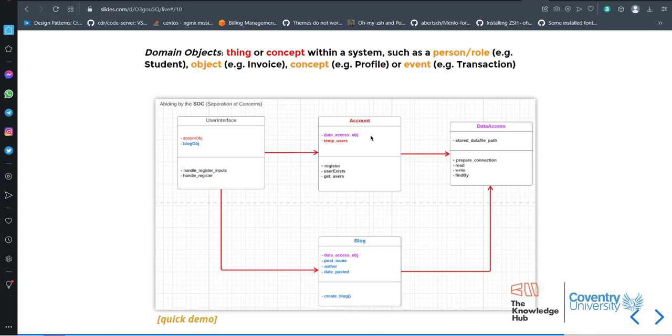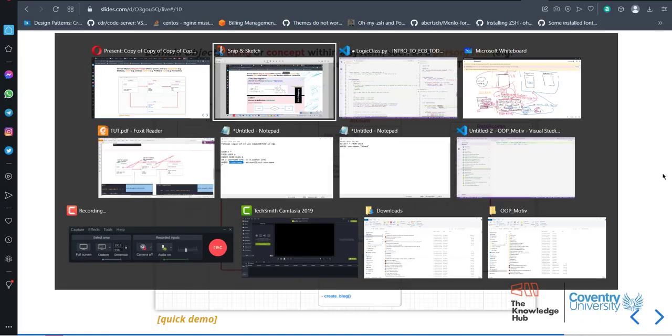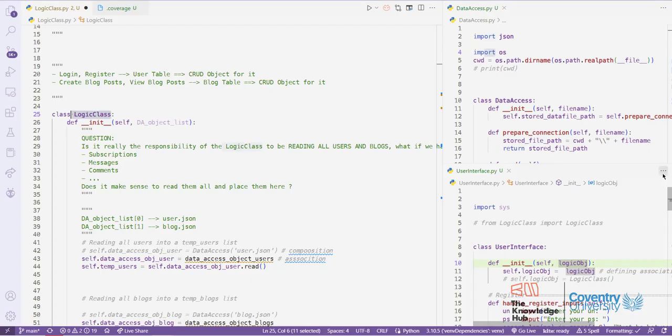But by the end of the day, account is going to be accessing the account table, right? So this means that I need a CRUD file to access the account table for the user, and blog is going to be accessing the blog table from the database, right? So I need a CRUD file for the blog to access the blog table. Are these concepts clear? Nice. Let's refactor. So let's start by